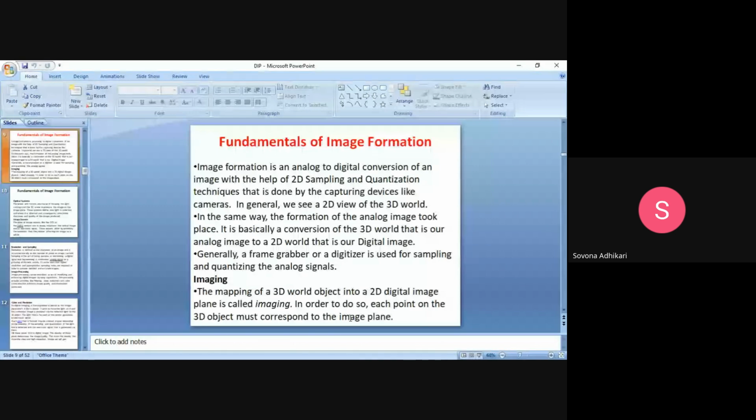So let us see, to start, how the computer visualizes, or how the computer gets information from an image or from a video. We have to first learn the process of image formation. How is an image formed? Image formation is an analog to digital conversion. We already know that an image is analog, but when you take it in your camera, it is converted to a digital form. So that is why it is written as analog to digital conversion of an image with the help of 2D